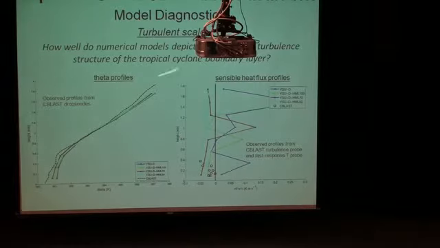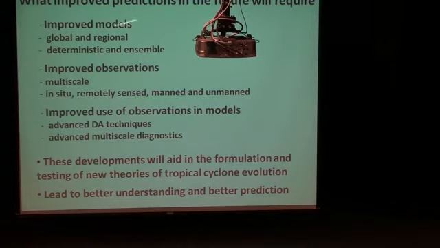And finally, looking at turbulence-scale diagnostics, you can take very high resolution observations from the P3 and look at things like theta profiles and sensible heat flux profiles within the boundary layer. You can compare different model profiles with what we get from our observations to do things like improve the representation of fluxes in the models. So to improve our predictions in the future, again, it will require three things: improved observations and